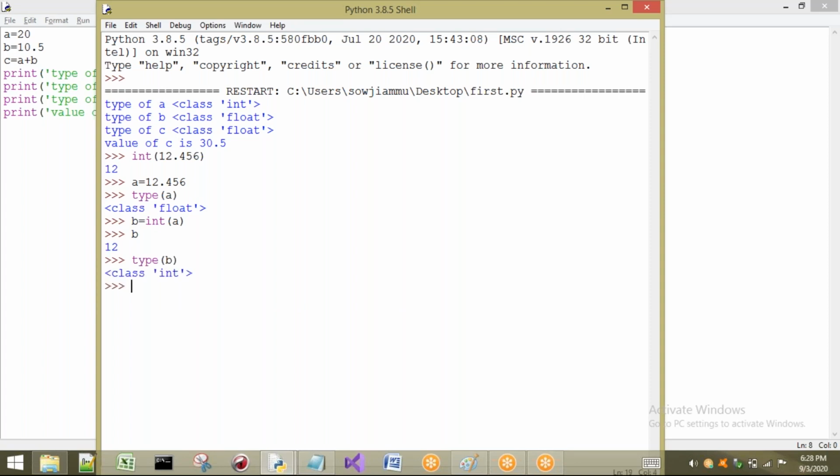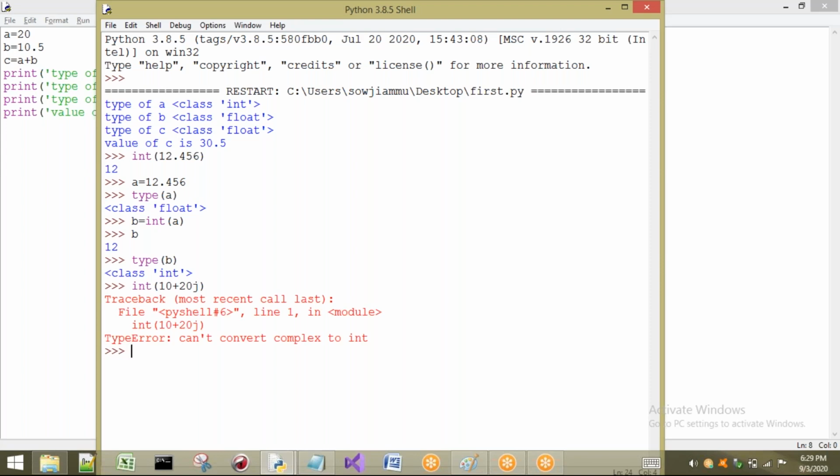So the first point we can observe here: float type can be converted into int type by using a function called int. Now I want to convert a complex number to an int number. Whether it is possible or not, let us see. It is not possible. Anyway, let us see which error we get. For example, int of 10 plus 20j. We get a type error. Here two values are there, the real part and the imaginary part, so how to convert them into one value? There is no process of converting complex to int type. So complex type cannot be converted into int type.